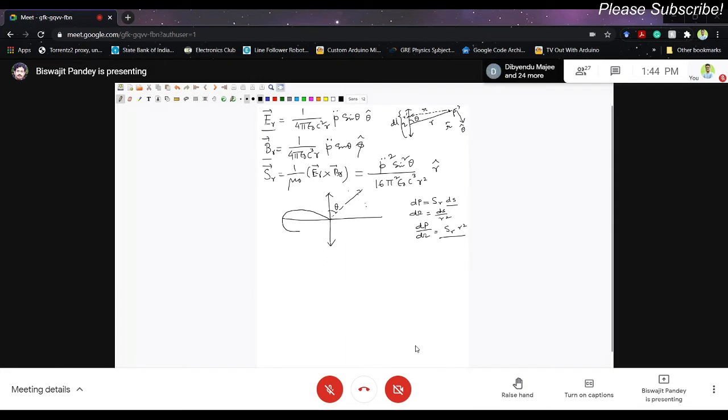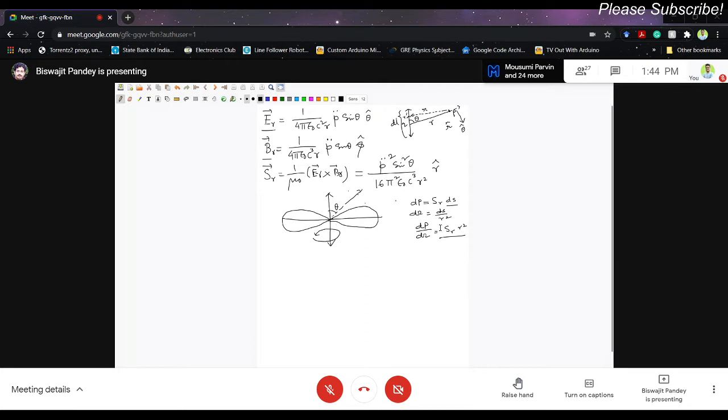So the dipole will not radiate any power along its axis. All the power will be confined in a plane which is orthogonal to the dipole axis, right? And of course, I should remind you that this is a cross sectional view of the radiation pattern. If you rotate this by 360 degrees, you will get something like a donut, right? And that is the actual radiation pattern in 3 dimensions, which I cannot draw on this blackboard.